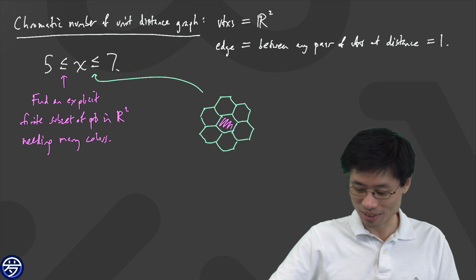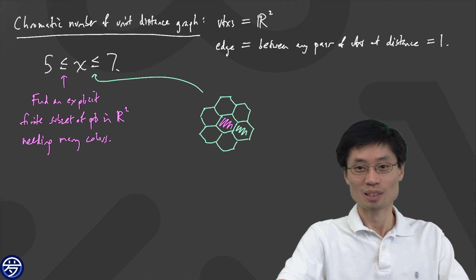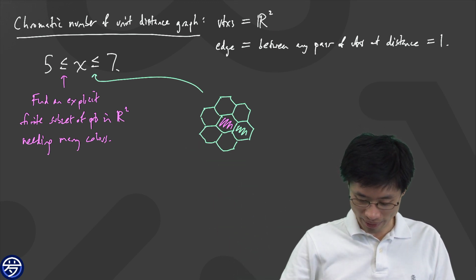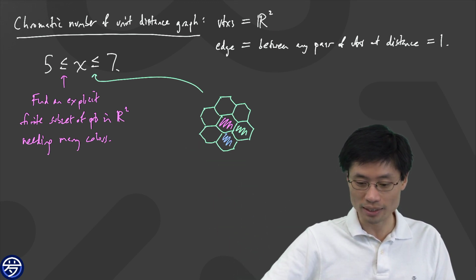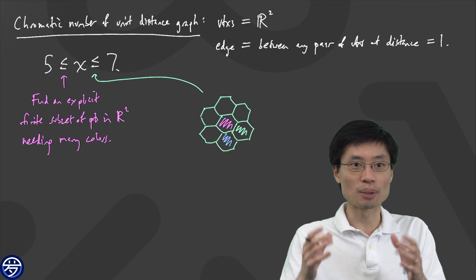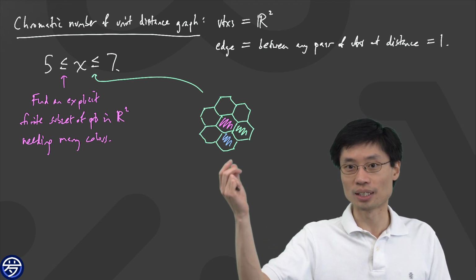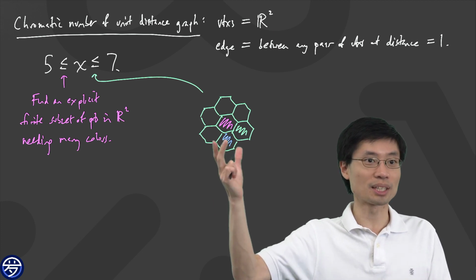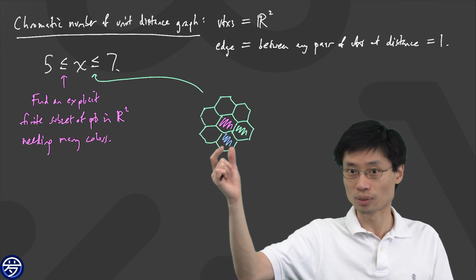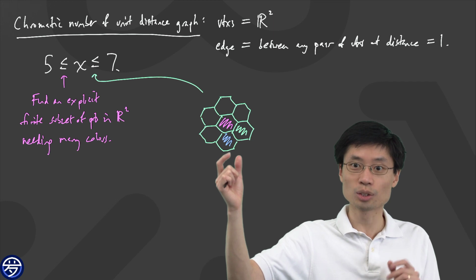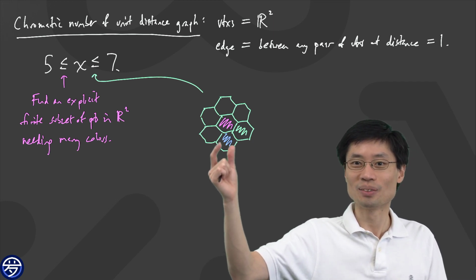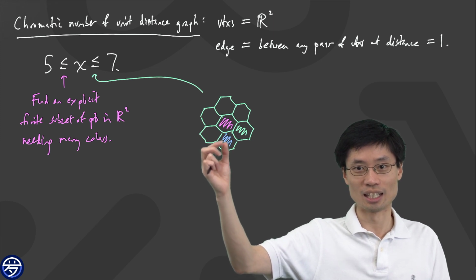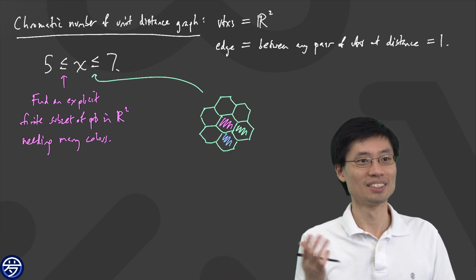I don't have enough colors in my palette here to draw all of them. But if you can draw all of these hexagons and make it a legitimate coloring out of hexagons, then because the hexagons fill up all of this space, you can make sure there are no 2 points of distance exactly 1 which are the same color. You just make sure that these hexagons are small enough. Okay? So you can do such a thing.